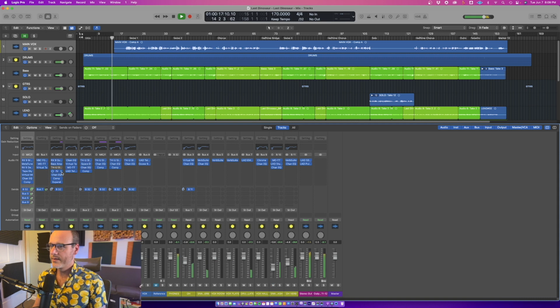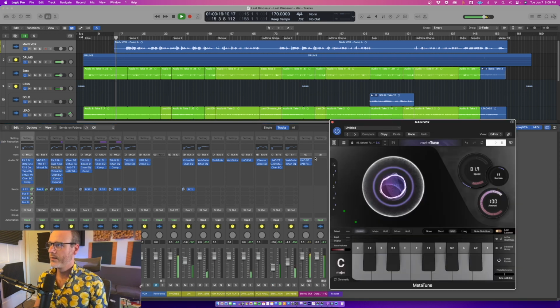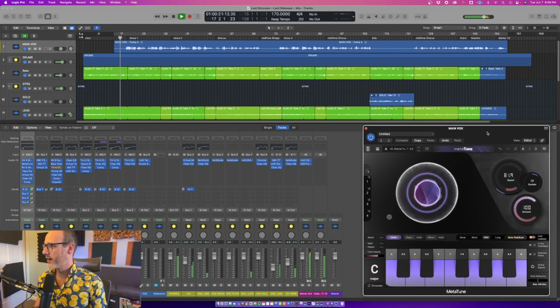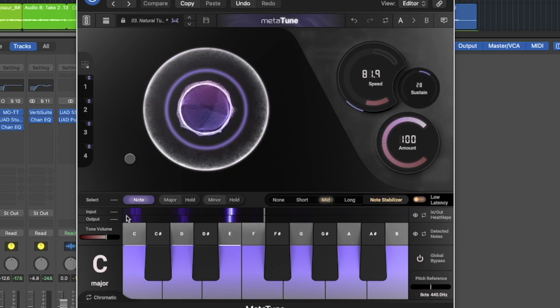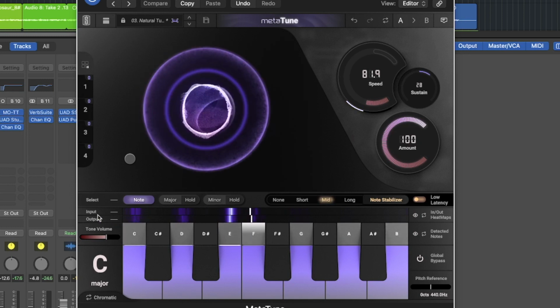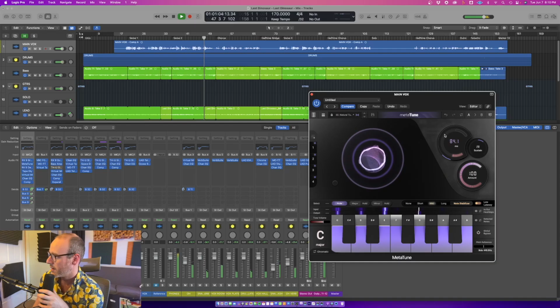All right, so let's mess with the Slate tuner while we've been listening to what I already tuned. So you see it's still working a little. These are the main notes I'm hitting where it's got a heat map. See input, here's where it started. The input map was a little wider before we did all of our fine tuning. I'm going to keep this pretty long and less sustained. And honestly, I'm going to pull the mix down